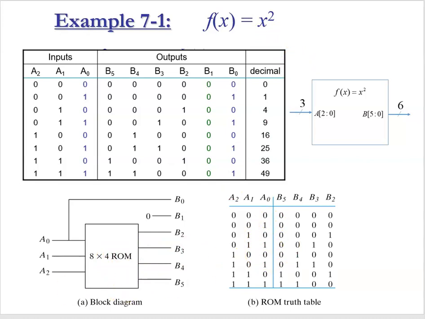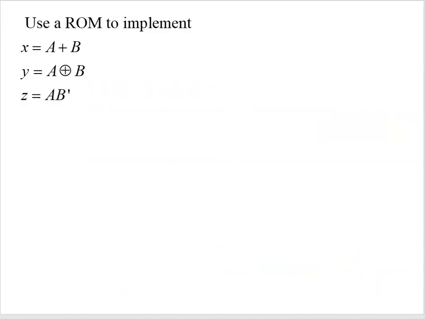Let's look at another example. So here we want to use a ROM to implement these 3 functions. So we have 3 outputs, x, y, and z, and we have 2 inputs, A and B. So we can put that into a truth table where we have our inputs, A and B, and then we have our outputs, x, y, and z. So all combinations of our inputs, 0 0, 0 1, 1 0, 1 1, and then